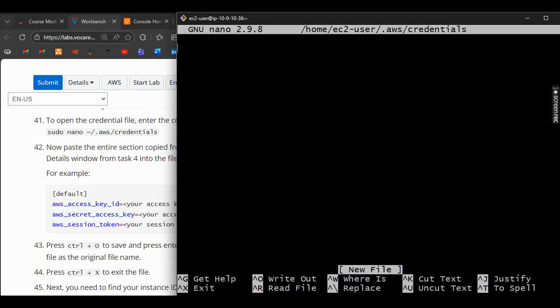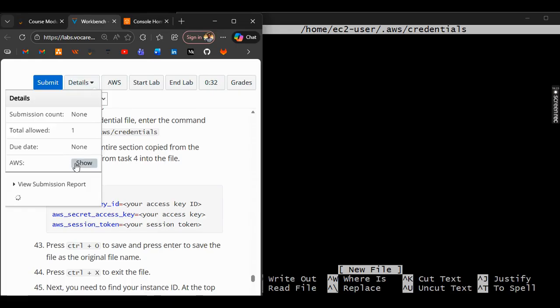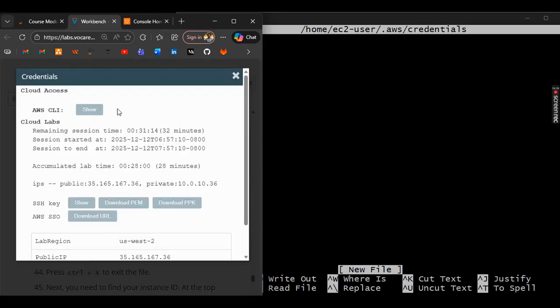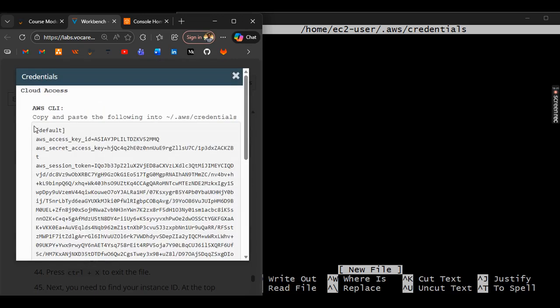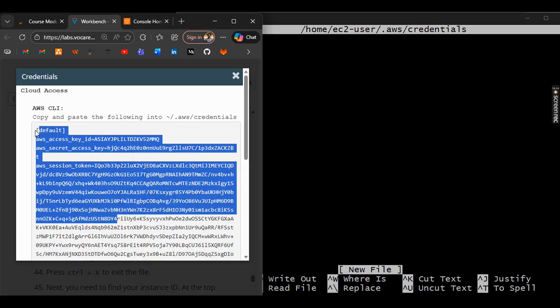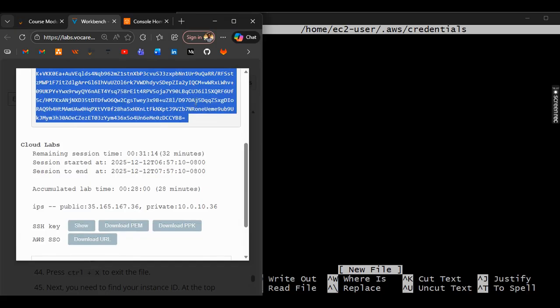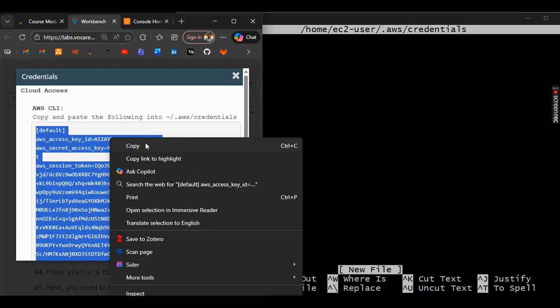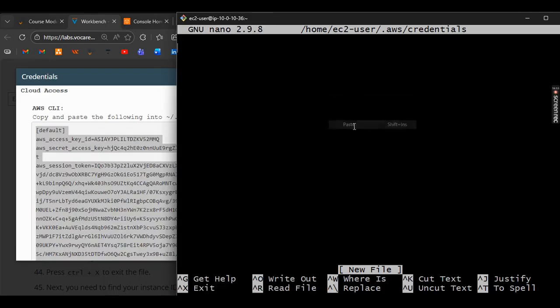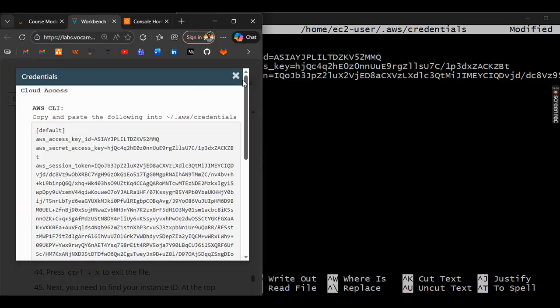Yes, so I want to do a clean sheet. Come here, details, show, and then copy. What do we have here? Show. Yes, then I copy everything here, right? I got that right? Yes, and copy and then paste everything here. Great. And then